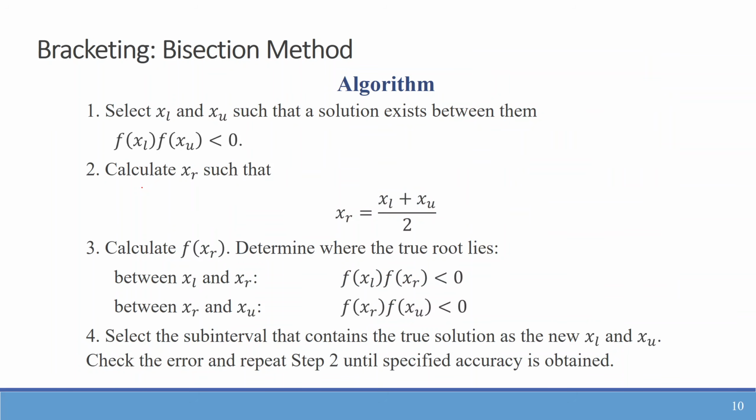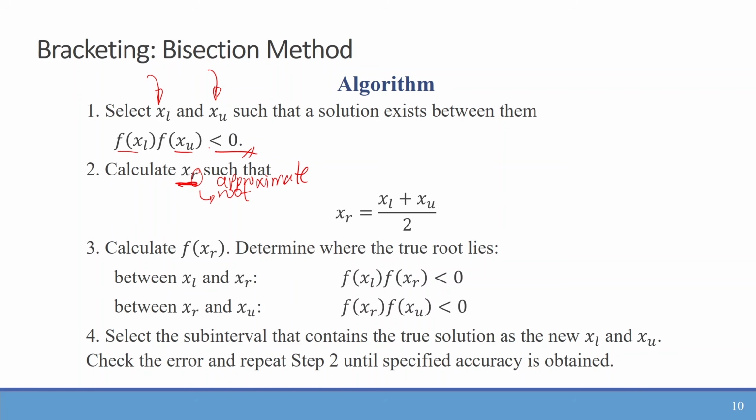This is the algorithm for the bisection method. Let's have first our initial guesses at xl and xu, or the lower and the upper guess. You take the functions of each and then you multiply that. If the product is less than 0, which means a negative number, that means that in between xl and xu, there is a root. Now, xl and xu are just the upper and the lower guess, and xr, with the subscript r, we're going to understand as the root or the approximate root.